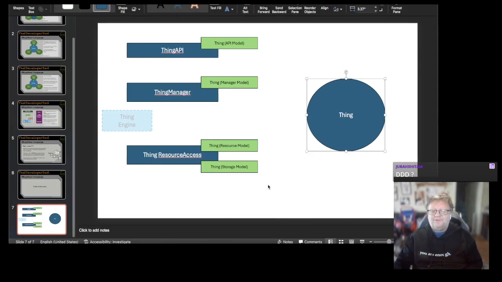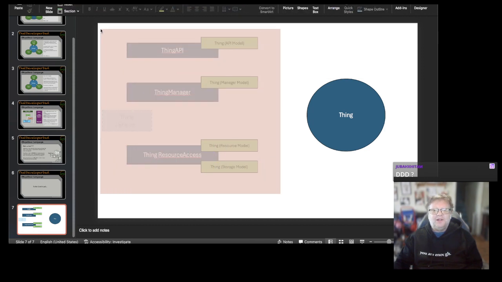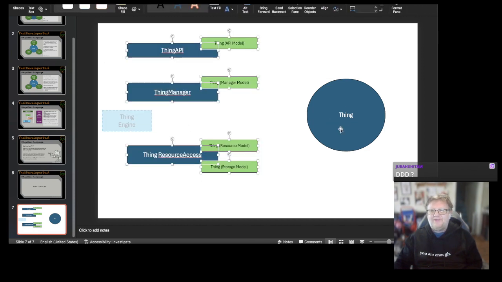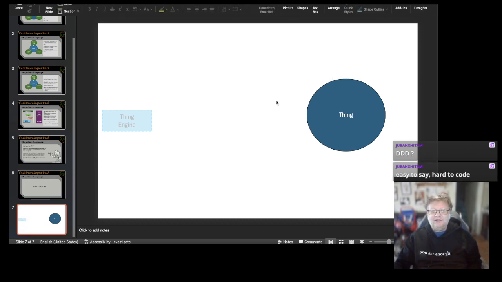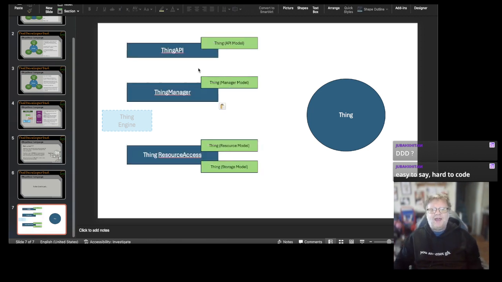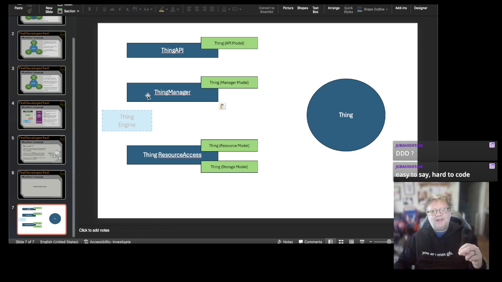A lot of domain-driven development folks just come up with a definition for thing and completely ignore everything else. When in actual fact, our view of thing at the API is likely different from our view of the thing in the business rules area, and is very, very different from thing in the database. Because thing to you and me as application developers may look very, very different from thing when it's in storage,